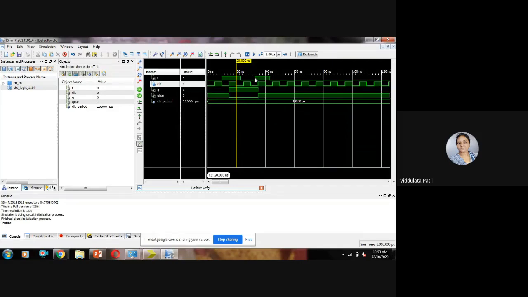Now here again, once again t becomes 1, so at the rising edge of clock again there will be a change in q and q bar. So here this value toggles. As the earlier value of q is 1, the next value will become 0, and here q bar will become 1 from 0. Okay, so this is the T flip flop.